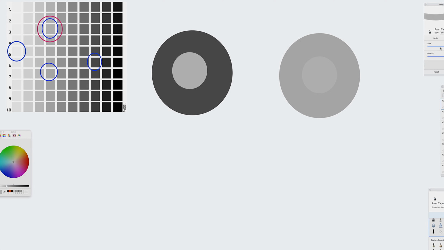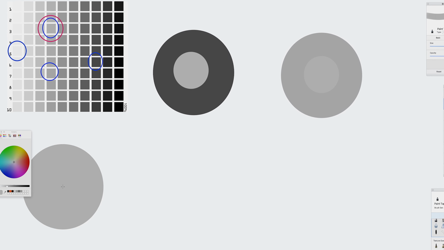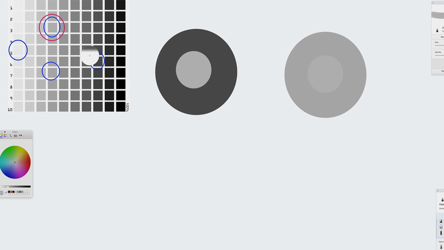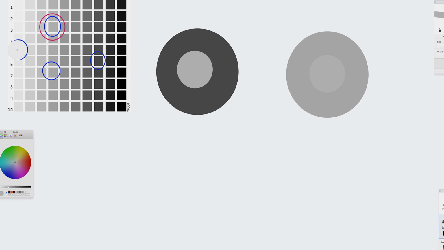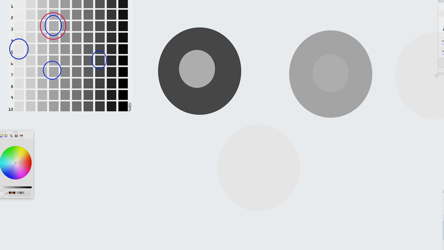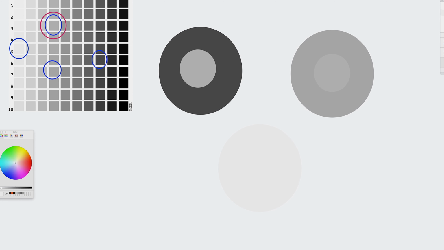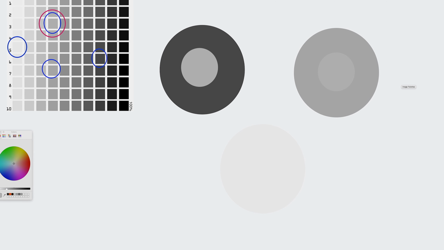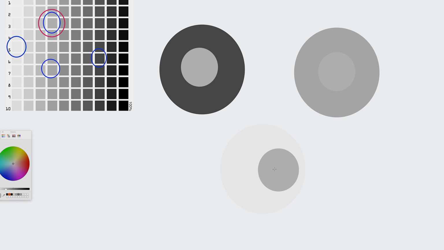Let's do one more here. So let's go to an even lighter value for our larger circle. We'll shrink it down a little bit. Now I'm going to go back and grab the control again. Let me get the dropper. And let's plop that in there, a little larger with that. Okay, so as you can see,